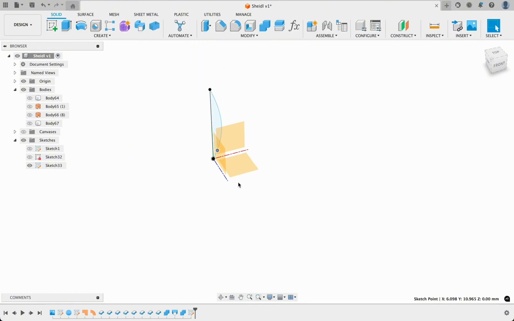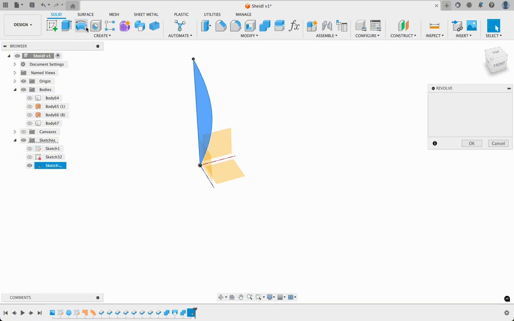Sorry, my computer's really lagging. I think these thickening things really mess with the program. Once you have your shape, of course this is not high, this is probably going to be too small, but you can revolve this shape